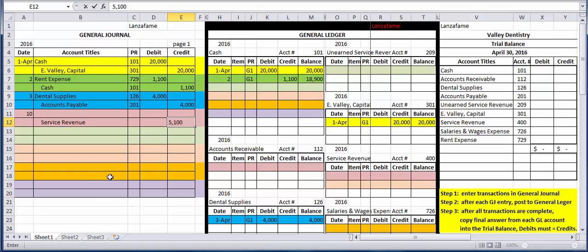So let me just do something real quick. Imagine the question said, we did a job for cash. Then I would have debited cash and still credited service revenue. But they didn't ask us to debit cash because they said we performed a service and billed insurance companies. So we didn't get the cash in this particular moment. So therefore, we're waiting to receive the cash. So we're going to debit accounts receivable